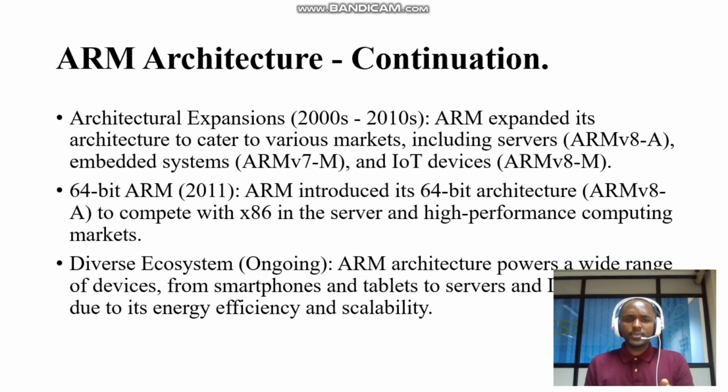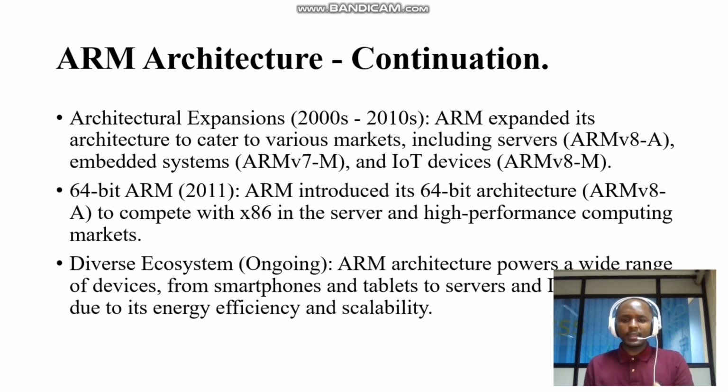The architectural expansions in the late 2000s to 2010: ARM expanded its architecture to cater to various markets, including servers, that's the ARMv8-A, then embedded systems, ARMv7-M, and IoT devices. 64-bit ARM: ARM introduced its 64-bit architecture, ARMv8-A, to compete with x86 in the server and high-performance computing markets. Then diverse ecosystems